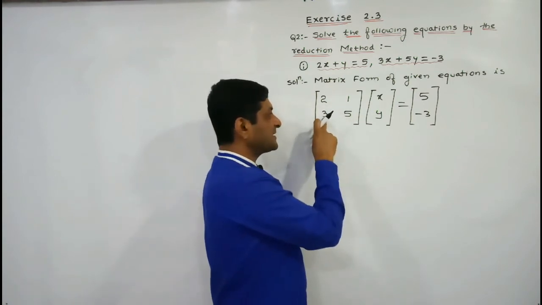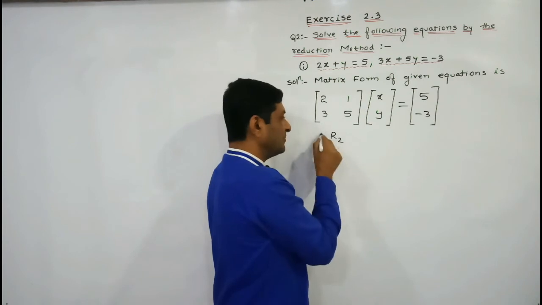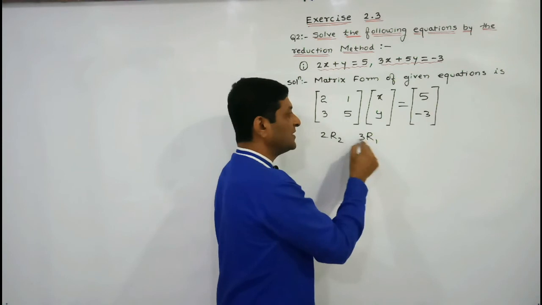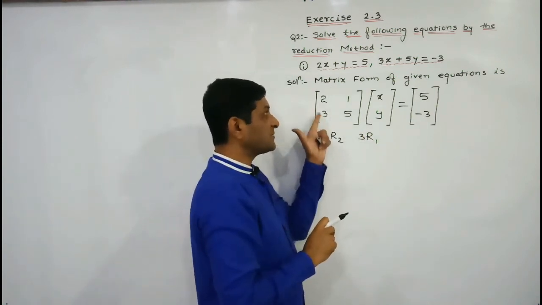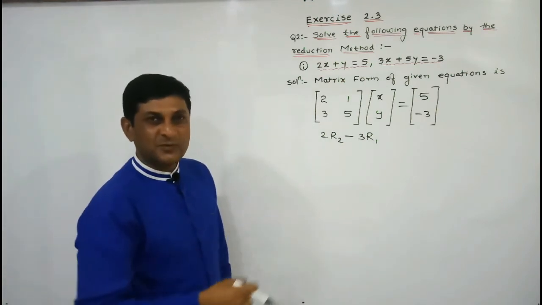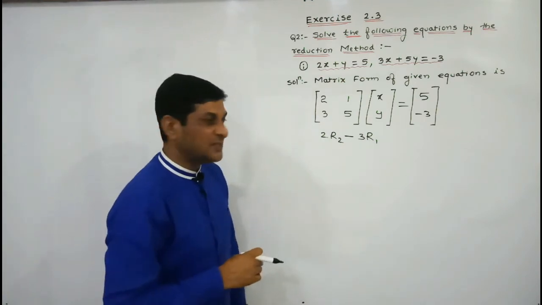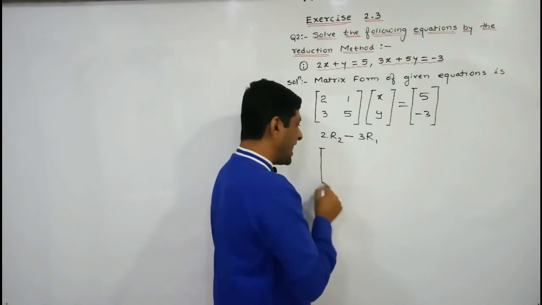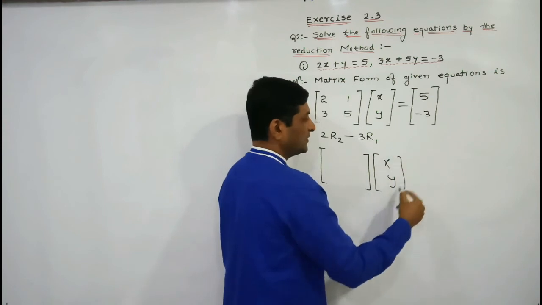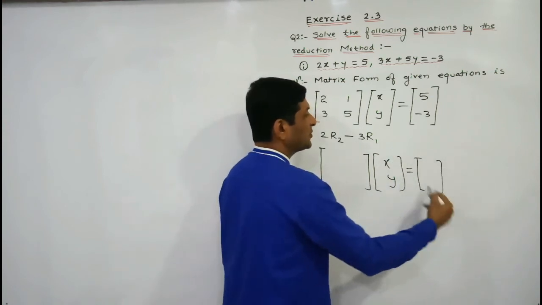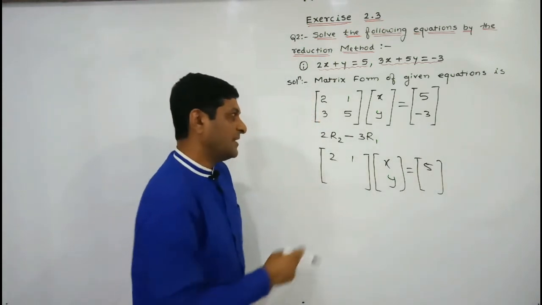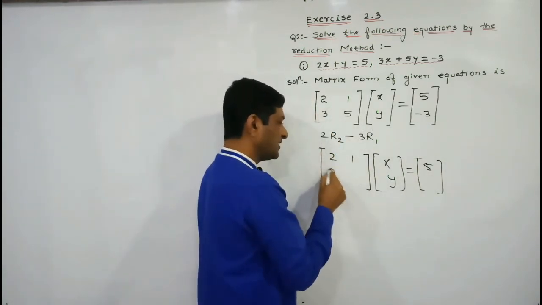6. तो यहाँ पे 6 लाने के लिए R2 को हम 2 से मल्टीप्लाई करेंगे, और यहाँ पे 6 लाने के लिए हम R1 को 3 से मल्टीप्लाई करेंगे. तो यहाँ भी 6 मिलेंगे, यहाँ पे भी 6 मिलेंगे, and 6 minus 6 will become what? 0. So that's why we are taking subtraction. Let us perform this operation on the elements of R2. Perform this operation very carefully on both sides. Our operation is on R2, so keep the elements of R1 on both sides as it is. Well, this operation we have performed specially to convert this element into 0.